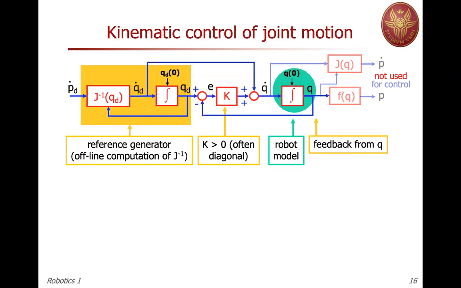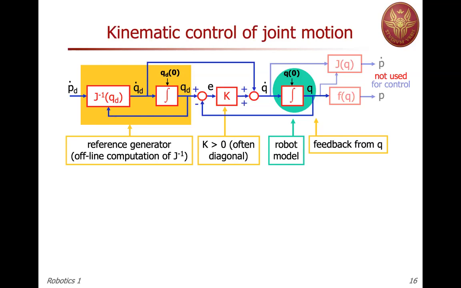eventually, you're always starting from a task which is defined in the task space, which normally is the Cartesian space. Here, I'm using the P notation. This suggests position, but it may also be a pose. It may be an R vector, as we called it earlier. So a task vector with some desired motion for it. So we always start from there,